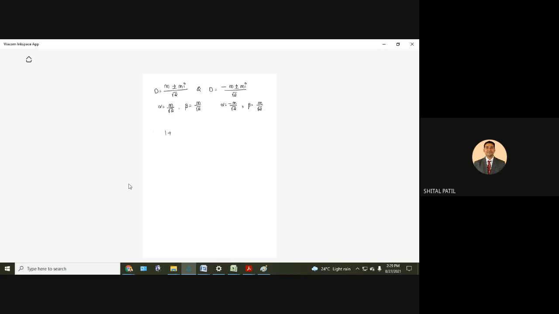Suppose I write 1 plus minus i and minus 1 plus minus i. Roots are same or they are different? Okay, let me write them. 1 plus i is the one root. 1 minus i is the second root. Minus 1 plus i is the third root. Minus 1 minus i is the fourth root. Does it mean that these two roots, 1 plus i and 1 minus i, are same? No, they're different only. Does it mean that 1 minus i and minus 1 minus i are same? No. So see, alpha is m by root 2 and alpha is minus m by root 2.